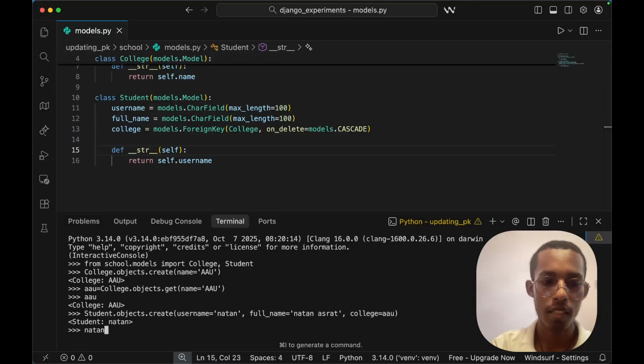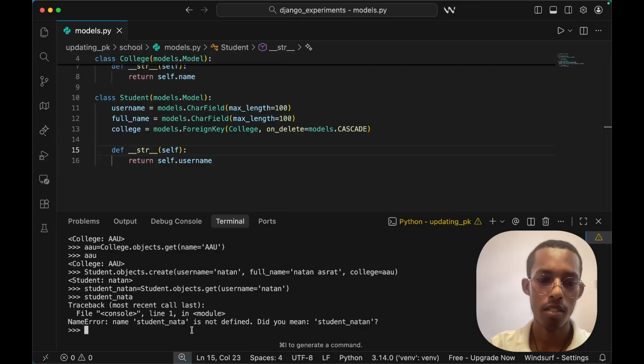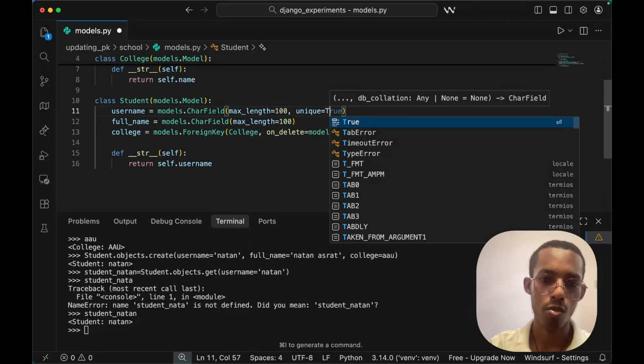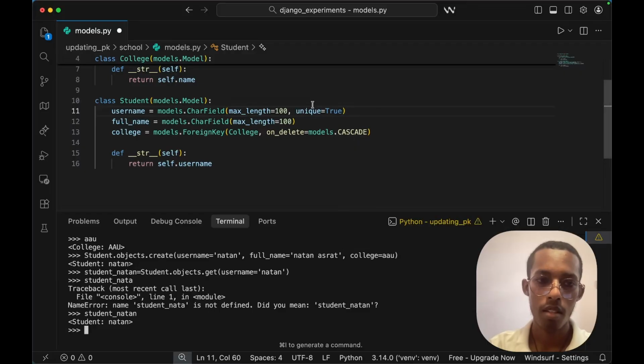Okay, we have Nathan. Let's say student_nathan is equal to Student.objects.get, then we're using the username Nathan. So student_nathan is this guy. Now this is perfectly okay. We should use unique=True to make this unique so that no other person has the same username as another user or another student. Let's say we wanted to create